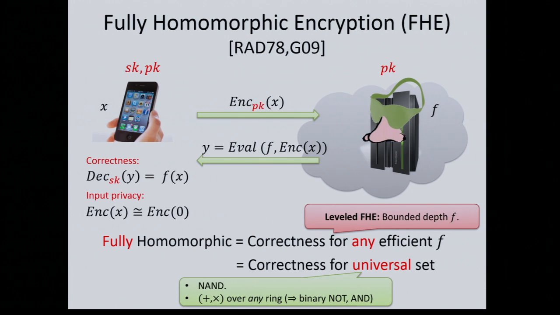Rivest, Adleman, and Dertouzos came up with the idea of fully homomorphic encryption back in 1978. So this is really just the dawn of public key encryption. We didn't even have semantic security at the time. Still, this "wouldn't it be great" idea came up, but it was really far from being achievable,